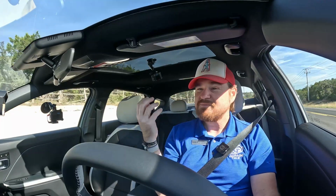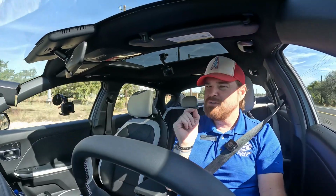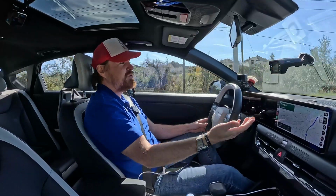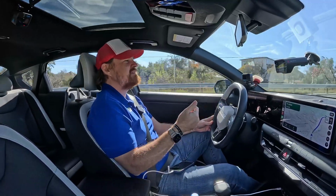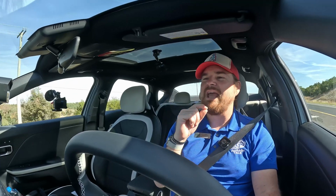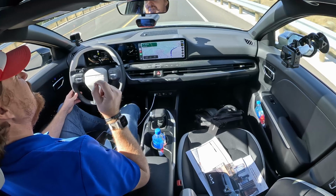tech-forward mindset. Speaking of that tech forward, I mentioned and showed off the AI voice assist. I do have a few small complaints with it. You can see I am using Apple CarPlay right now with Google Maps to follow the supplied drive route that they gave us so that I can stop and see the things they want us to see on the road. But if I am on a family vacation, I'm going to want to use my navigation of choice, which uses Apple CarPlay. The problem is when you trigger that AI voice assistant, well, you'll see,